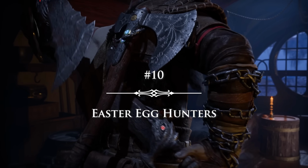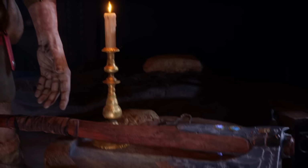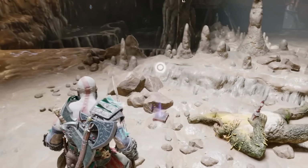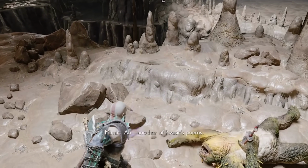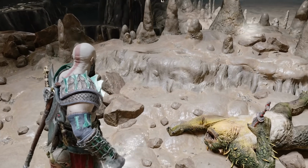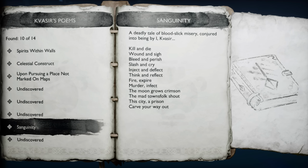Bloodborne is so beloved that it even lives on in other PlayStation games. Recently, a poem written about Yharnam can be found in God of War Ragnarok. In the game, you collect a series of books called Kvasir's Poems, and each pays homage to a different PlayStation game. Bloodborne's is titled Sanguinity, and it reads, "Kill and die, wound and sigh, bleed and perish, slash and cry,